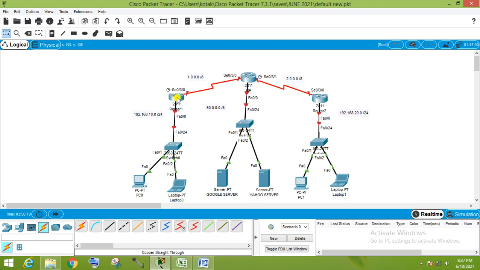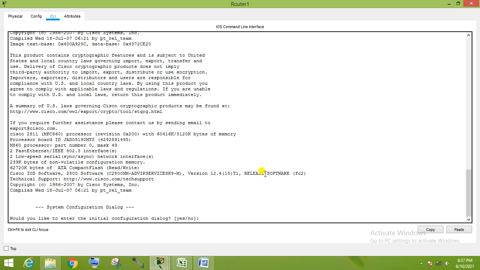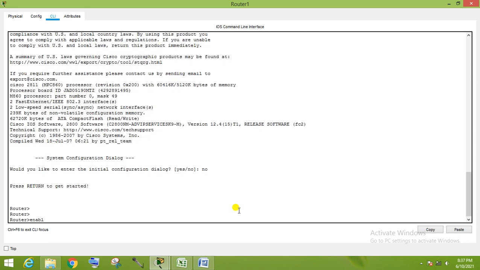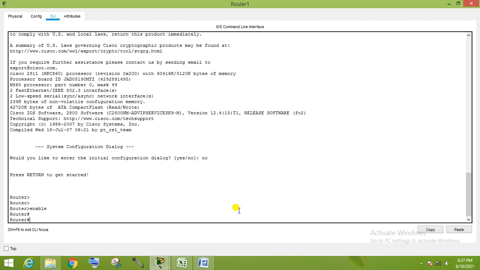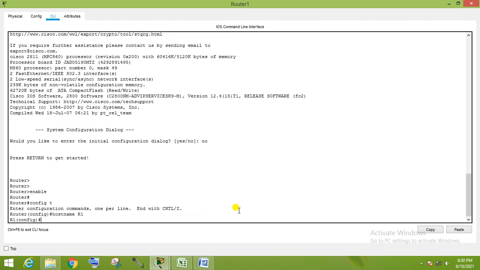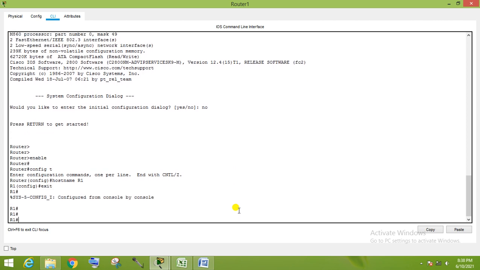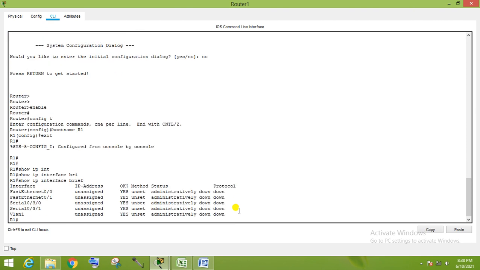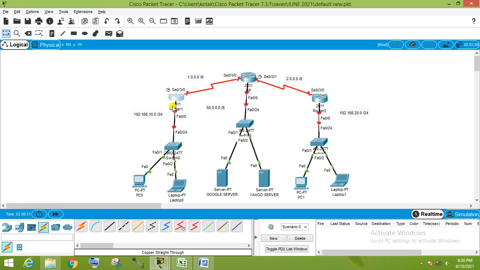Starting from router 1. What are the interfaces here? You can enter the command show ip interface brief. You can check this is our LAN interface at 0/0, and 0/3/0 is our WAN interface.